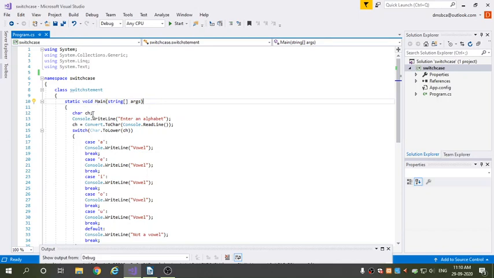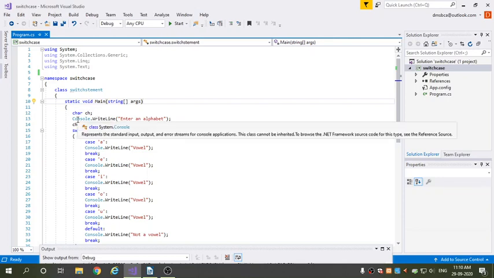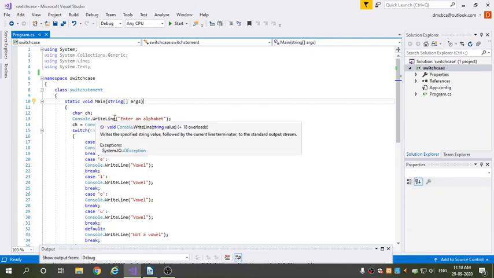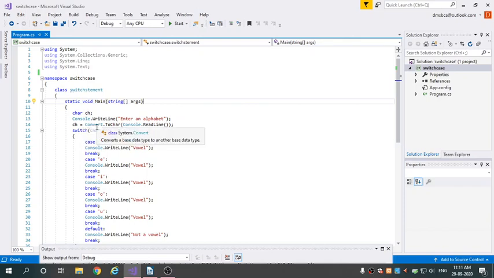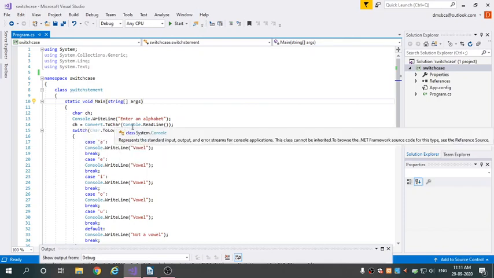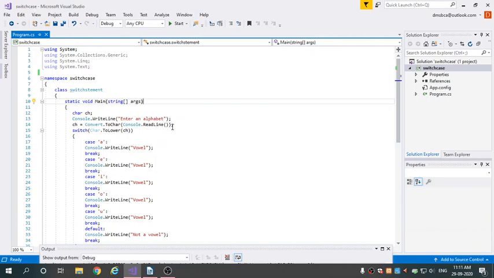Under this Main method we created char ch, one variable ch of type char. After that, Console.WriteLine("Enter an alphabet"); Console.WriteLine simply prints Enter an alphabet on the console. After that, ch = Convert.ToChar(Console.ReadLine());